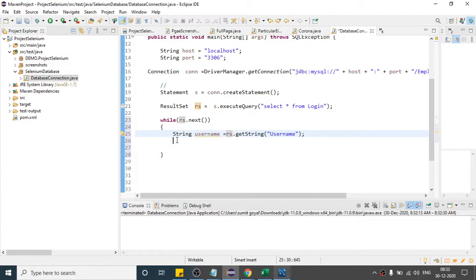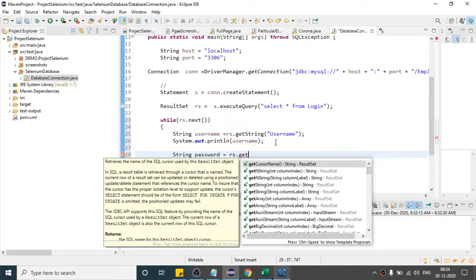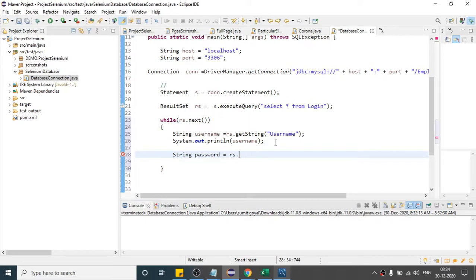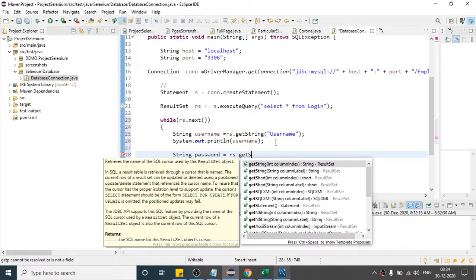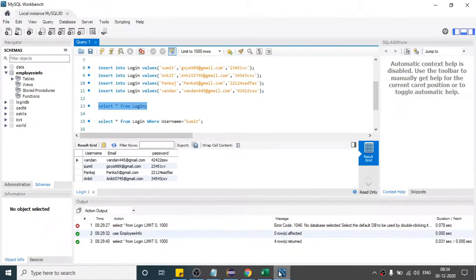So here you will have username, and after that I will print this, and String password equals to rs dot get password. Sorry, rs dot. Here you can also provide index 0, 1, 2, or as it is our second column, which you can see is email, right?